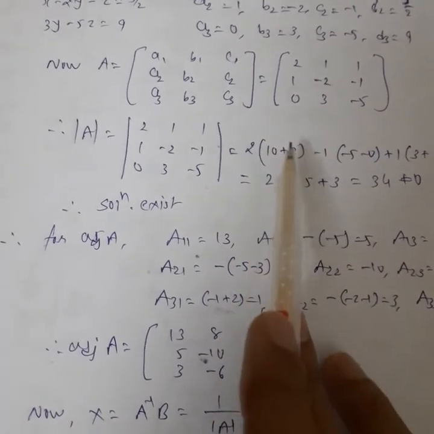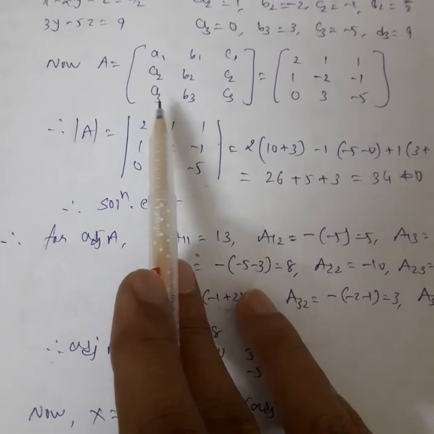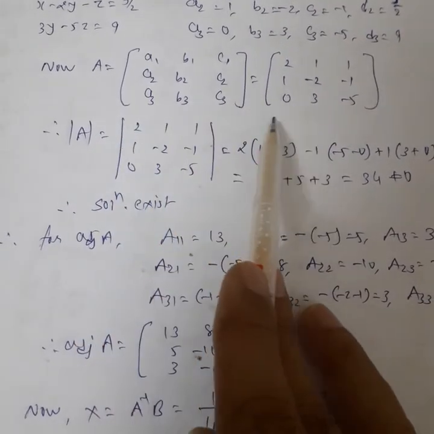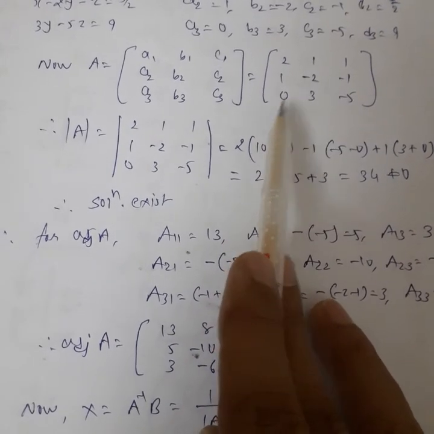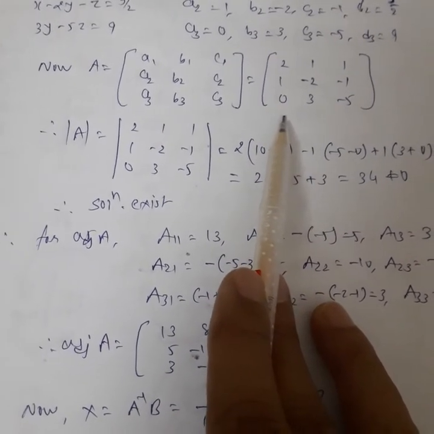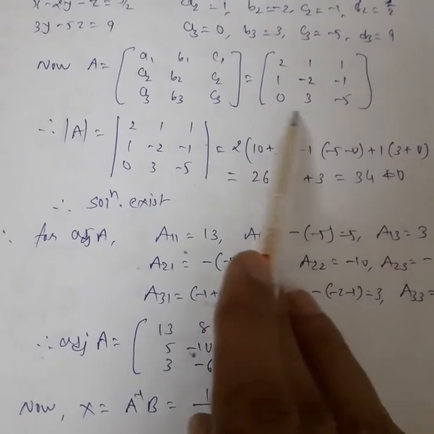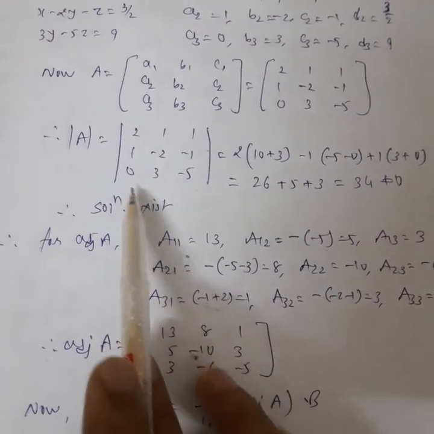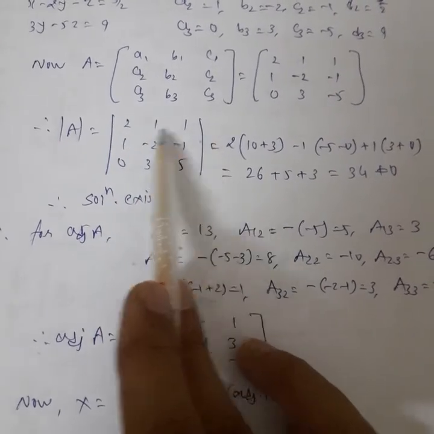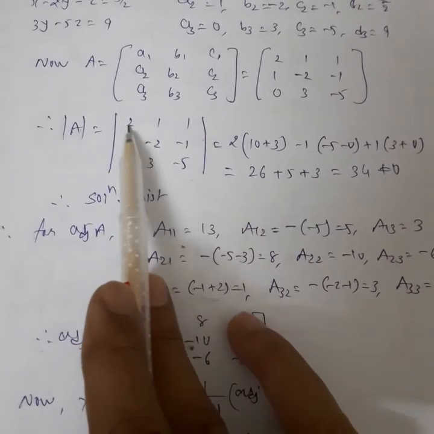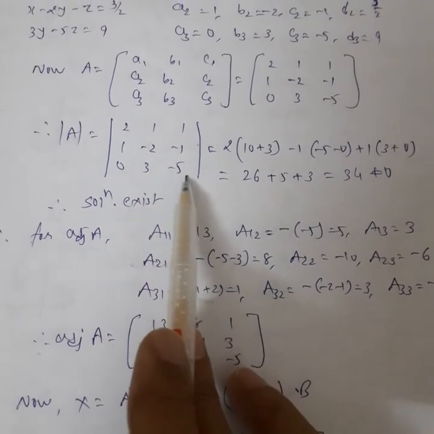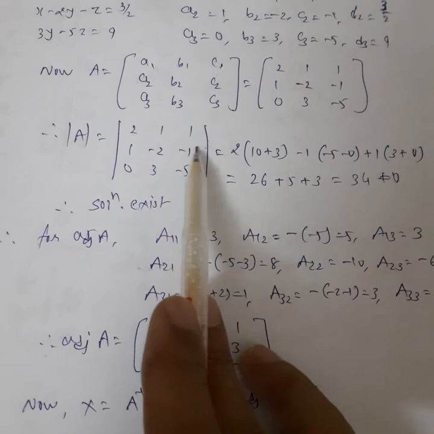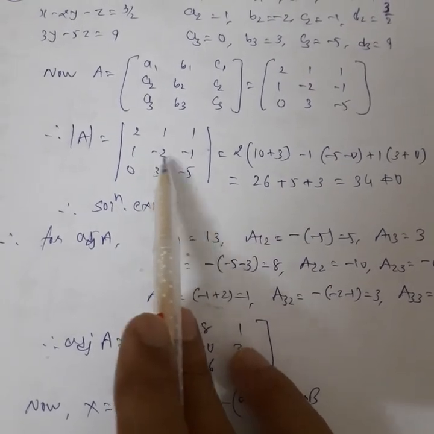Now to find the solution of these linear equations, we have to prove that the determinant of this matrix is not equal to 0, meaning it is a non-singular matrix, then its solution exists. So we keep all these entries in determinant form, and we get determinant A. We expand this determinant with signs plus, minus, plus. 2 is the element of first row and first column, and then the expansion of the determinant of order 2, that is 2 minus 1, 3 minus 5, will be 10.